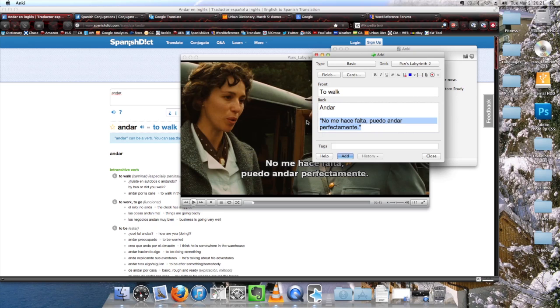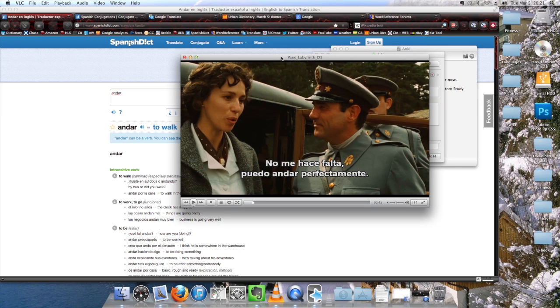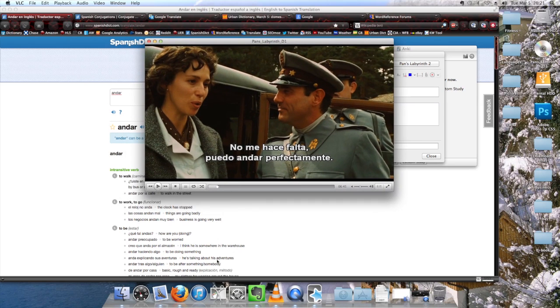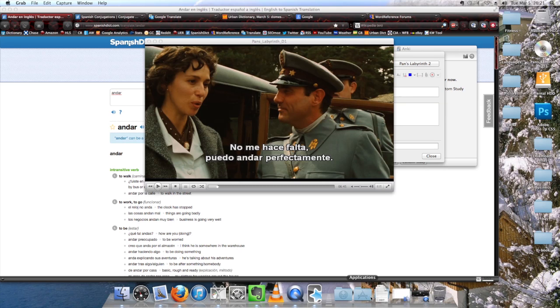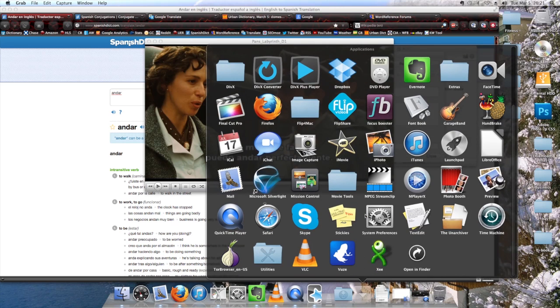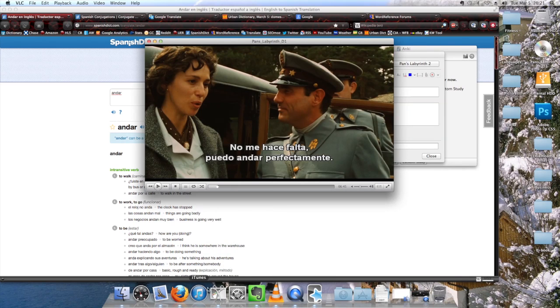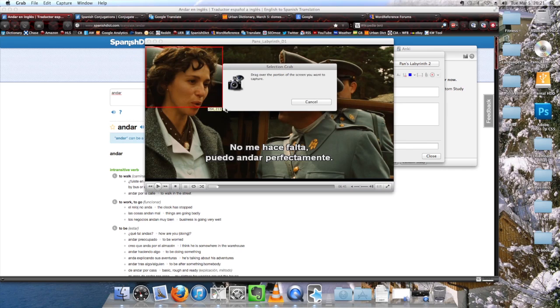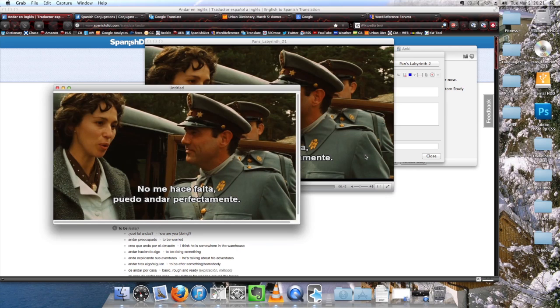Now, another one that I actually prefer, that I think is much better, is to take a screenshot of the scene in question. I like to pause the movie, and I'll use something for screenshots. On Macs, just use Grab. It's in your utilities. If you go to, I believe, applications, and then down to utilities, Grab will be right in there. But use Grab, and then we'll capture selection, and I will just do that. All right, this way,